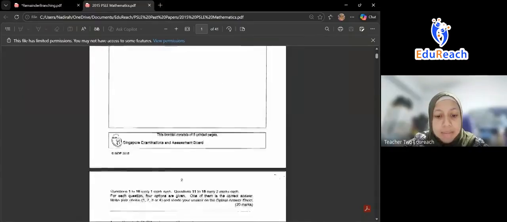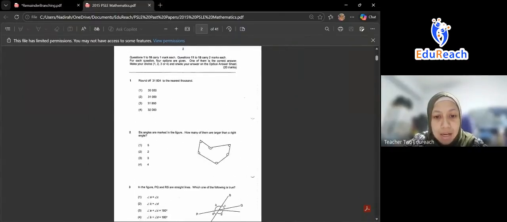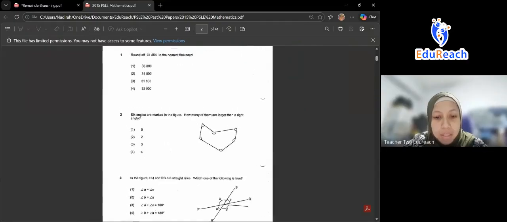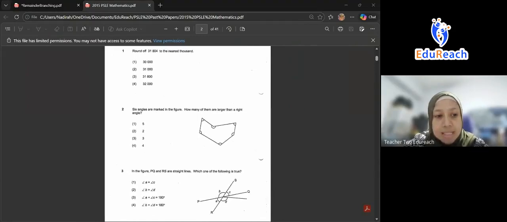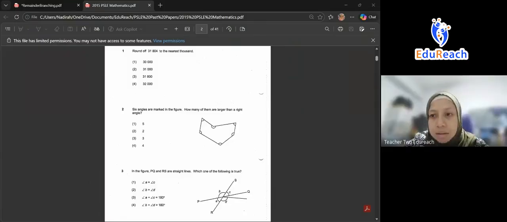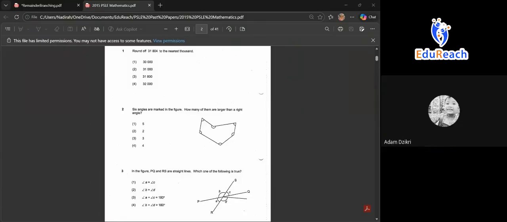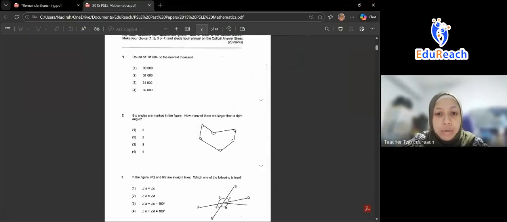Okay, so let me go to the first page. Can you all see the questions on the first page? So this is a paper 1 booklet A, meaning your MCQ. I can't find it. You can't find your book? Okay, never mind. You just write on any piece of paper first then. Okay, so for your booklet A,